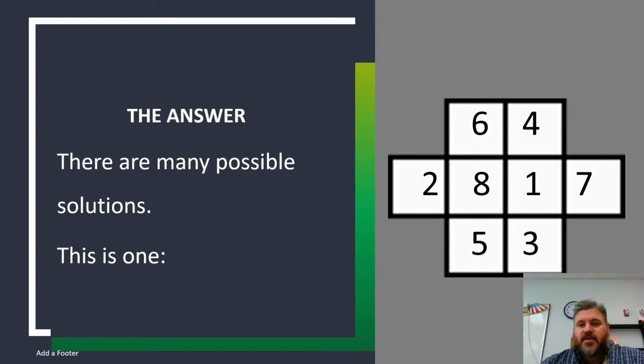Now here's the solution, and as you can see, the 8 can't touch the 7, the 1 can't touch the 2. So those are two important keys for this. We know that those are the only two numbers between 1 and 8 that only have one other number that they can't touch. There are no zeros involved, so 1 just can't be next to 2, and 8 just can't be next to 7. So by placing those two in the center, it makes solving this a lot simpler.